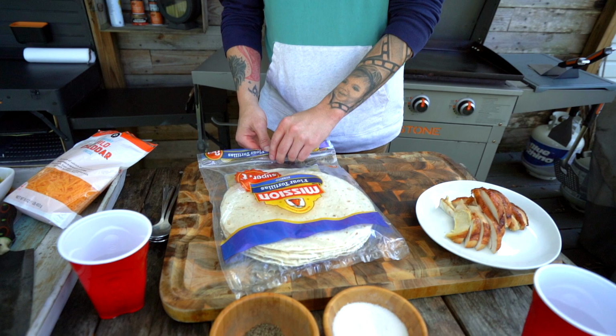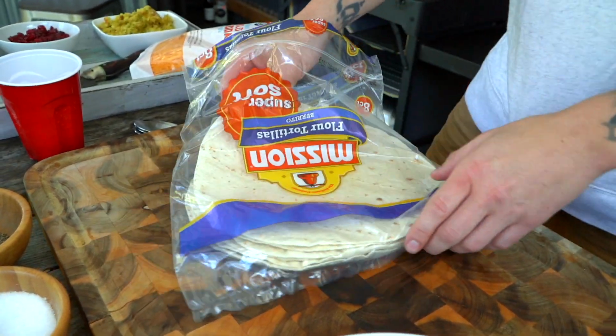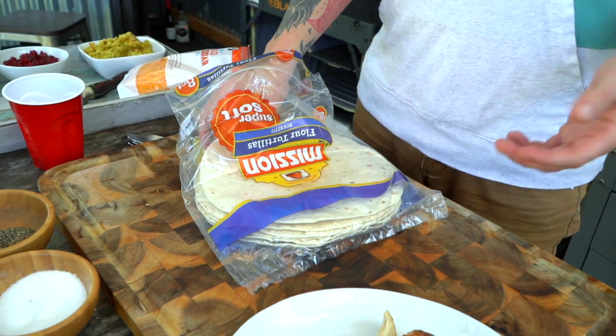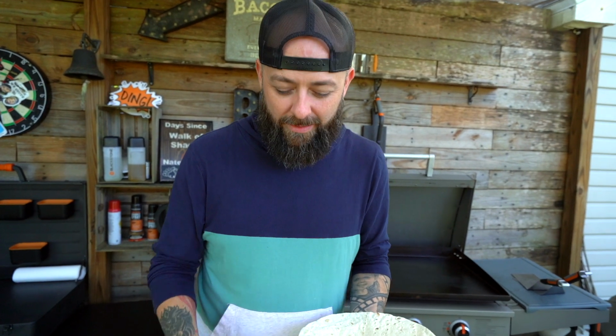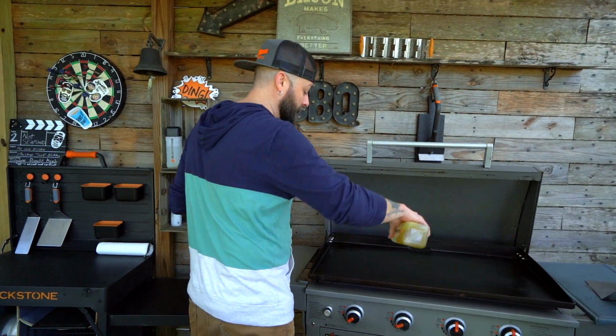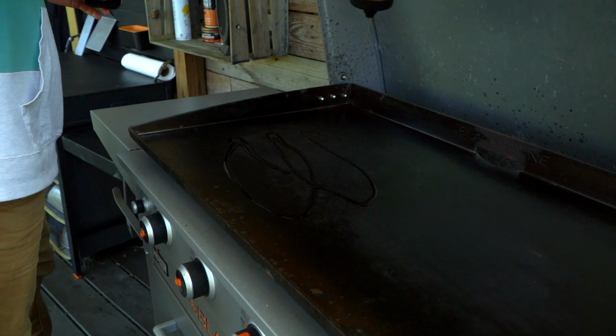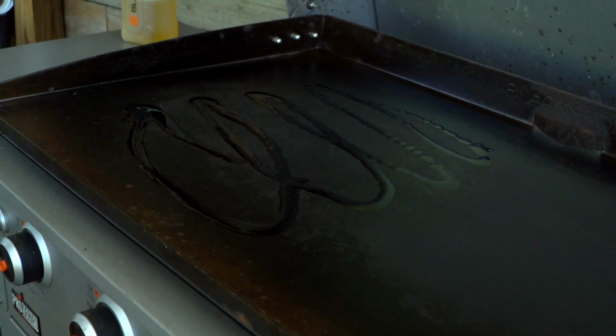Show. Guys, today we're going to be doing a post-Thanksgiving Day leftover meal. Quesadillas are a great use for leftovers. It's just pile it all up in there. That's kind of what we're gonna do today. So right behind me, we've got our 36-inch Pro Series. I've had it preheating back here, and I'm gonna throw a couple of these tortillas